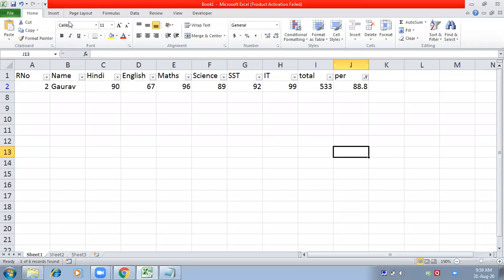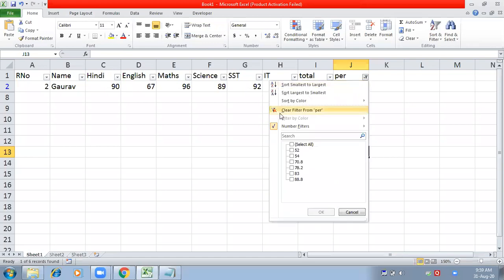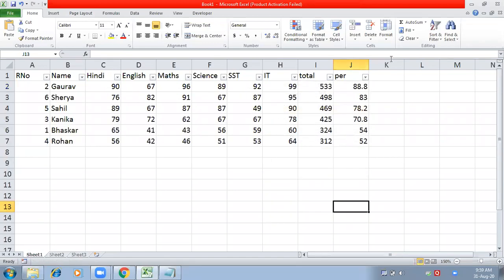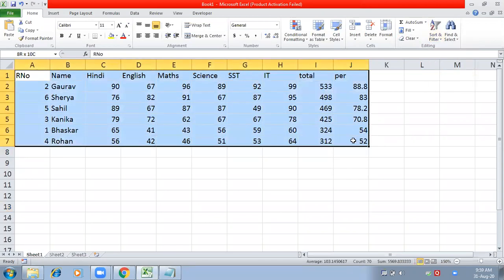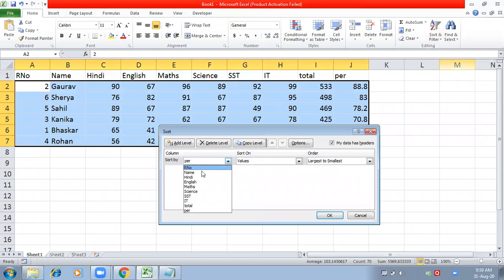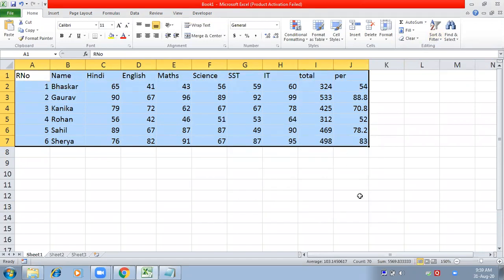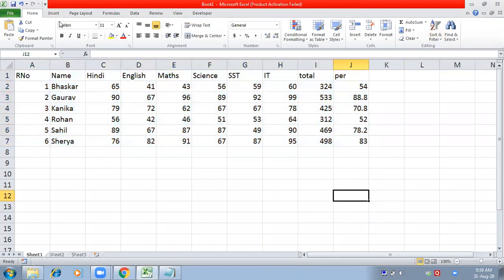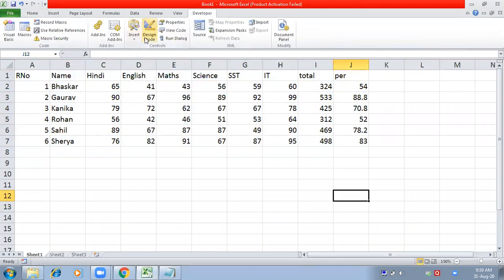Now I have to bring the data back to normal as it was previously, and I'm going to change the sorting also. According to name, it should be A to Z. Okay, so now the data looks normal as it was earlier. Now I have to create two buttons this time, one for sorting and one for filtering.